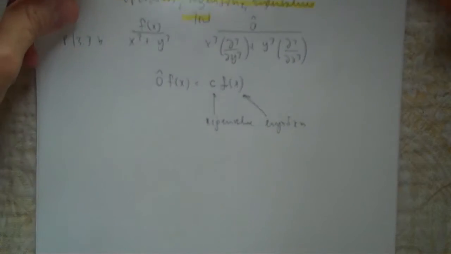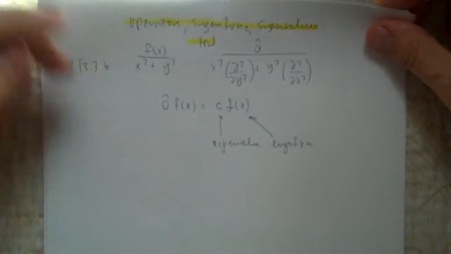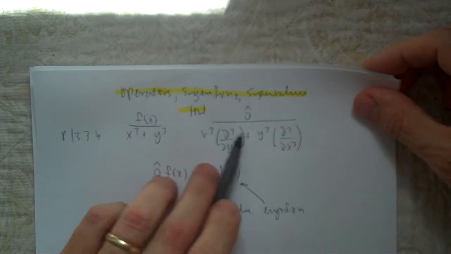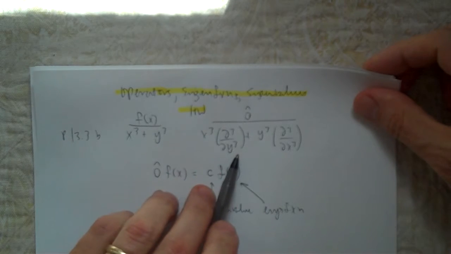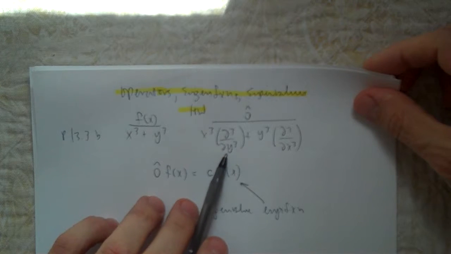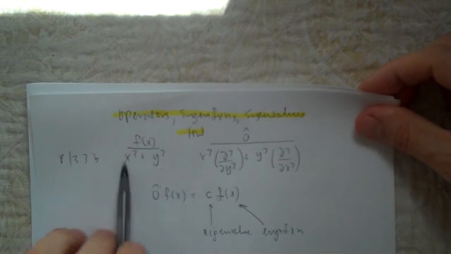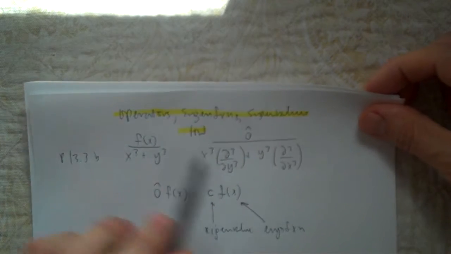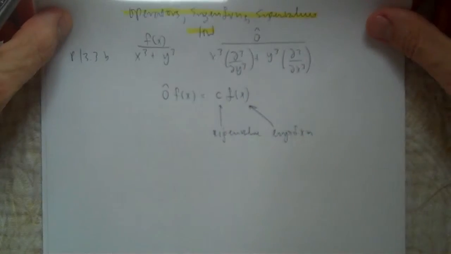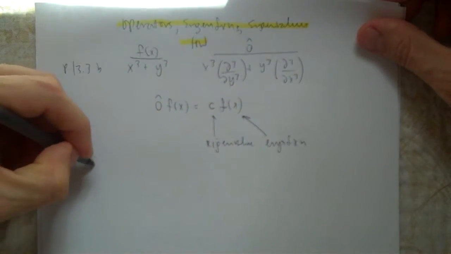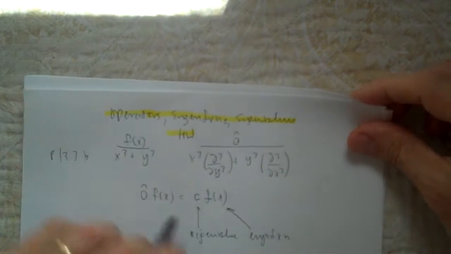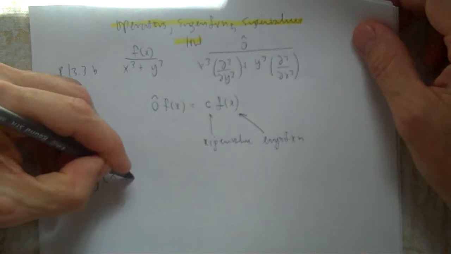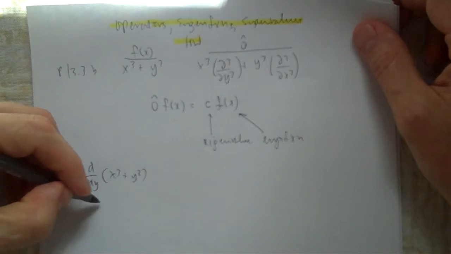I'm going to try to organize this so I can keep it neat. This operator has two portions, and it's additive, so I'm going to do the left one first and work my way across. It looks like we're taking the third derivative, times x cubed, of whatever is inside. Let's go with the first derivative with respect to y, and I'm going to do this 3 times. The derivative with respect to y of x cubed plus y cubed is equal to